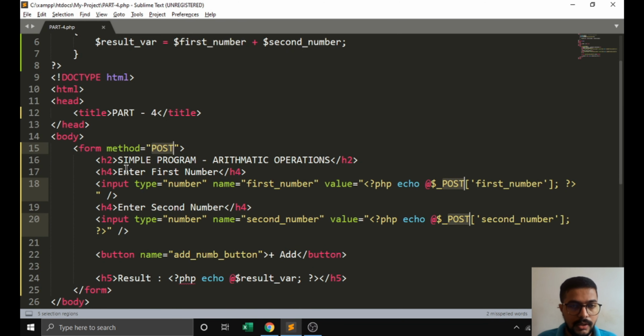You can also use action here. The purpose of action is to create one page for doing the PHP code.